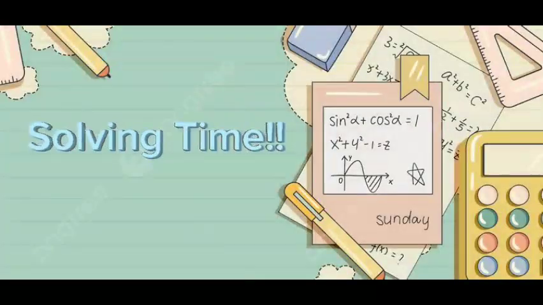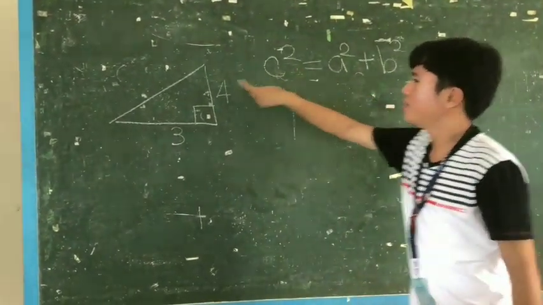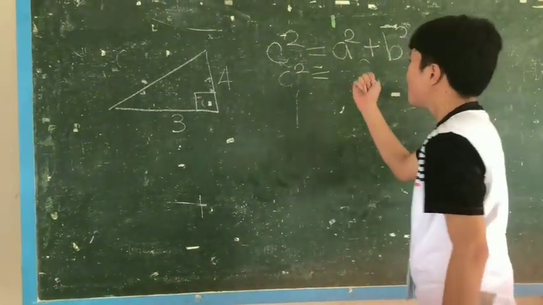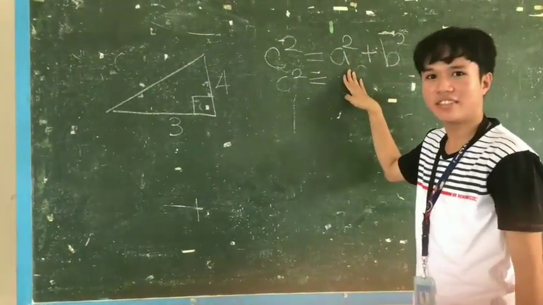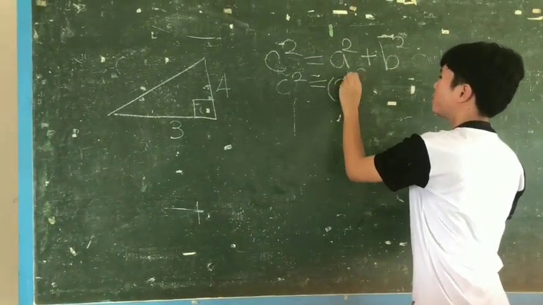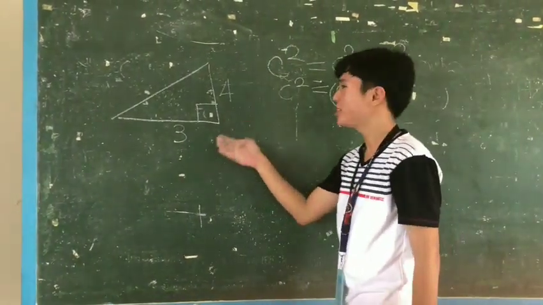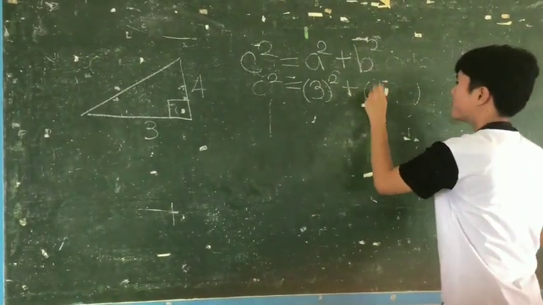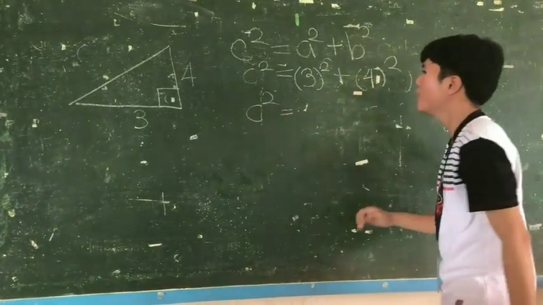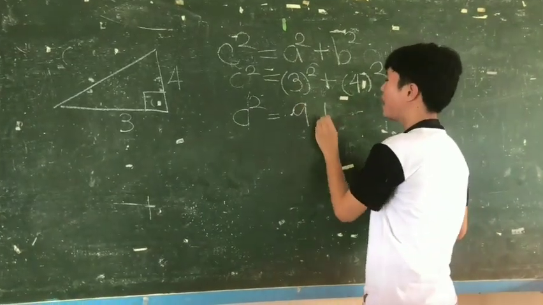Let's solve. C squared is missing, so this is our constant term. We're just gonna copy it. Equals adjacent squared. What is our adjacent? Yes, correct. Number 3. Plus B squared. What is our B? Correct. The opposite, which is number 4. So we're just gonna copy it. 3 squared is equal to, correct, 9, plus the square of number 4,